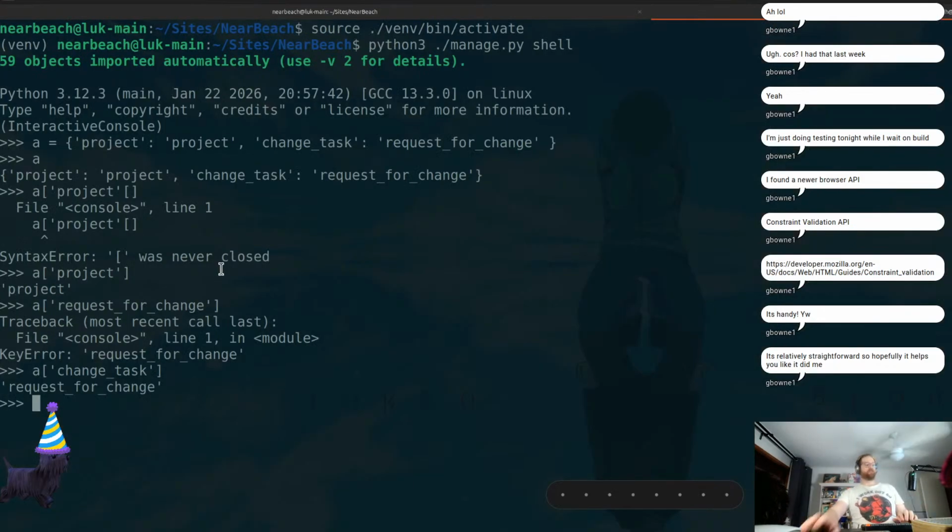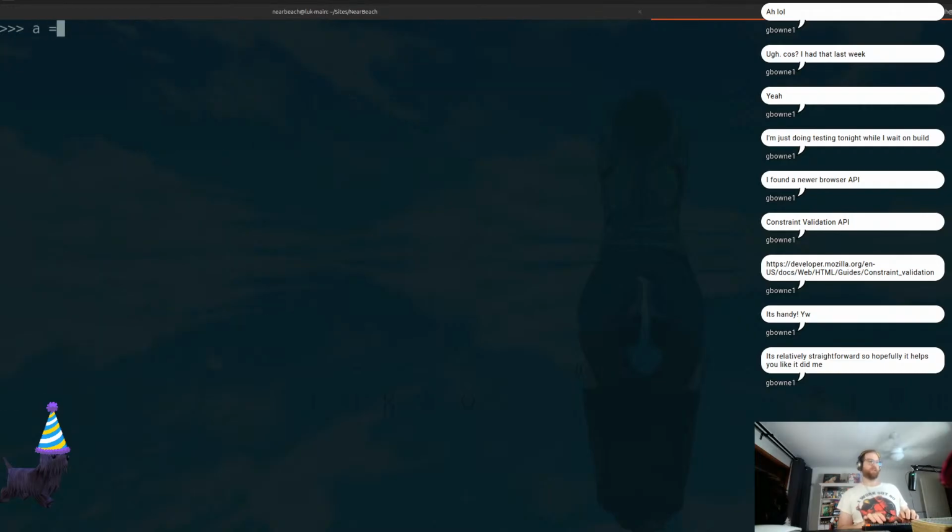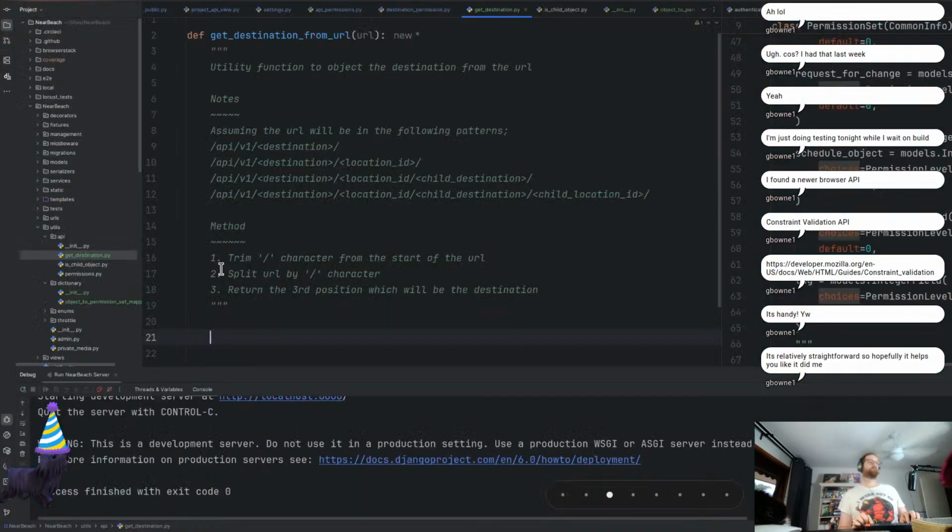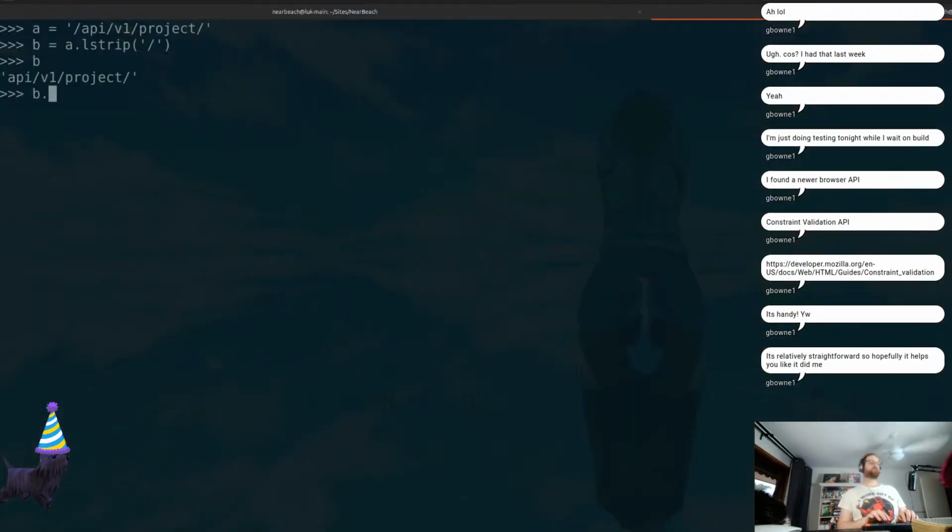This is where we go back to this. We're just going to go A equals, and we've got API version 1, and then we've just got project like that. All right, so if we go B equals lstrip and we just do that, okay, that's what we want to do. All right, cool. URL equals url.lstrip. Yep, all right, cool. And then